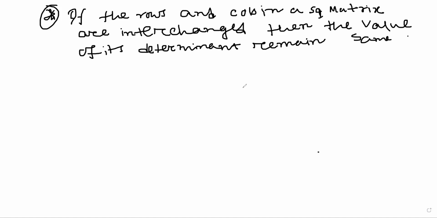Okay. So if the rows and columns in a square matrix are interchanged, then the value of its determinant remains the same. Means,